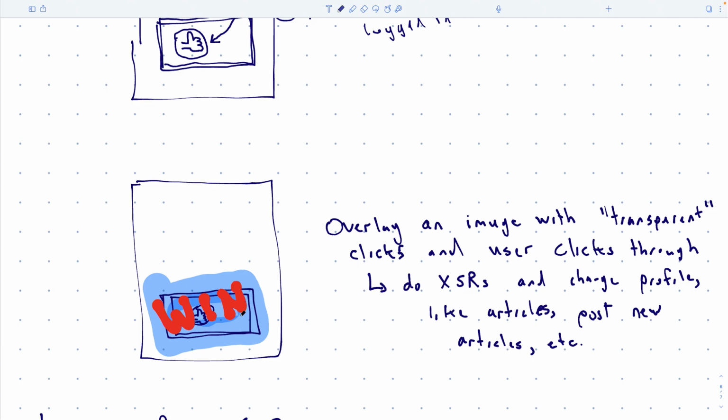Then if the user comes and they click this image, does the click go through the image to the like button that's underneath? And the answer is, because of whatever reason browsers had, they said yes, you can make images that have transparent clicks. So transparent means that if you click on it, it's as if the click went through the image and went through to the thing on the bottom.